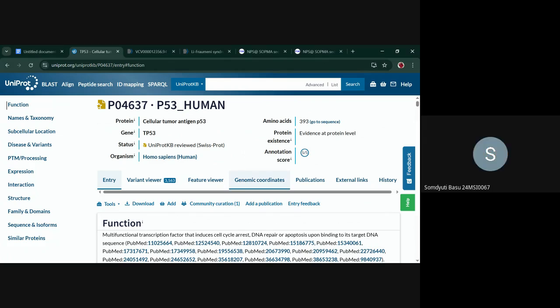After we entered UniProt, we first went to the variant viewer, but then we saw a huge number of variations in the protein, so we kind of skipped that and went to the feature viewer, where we